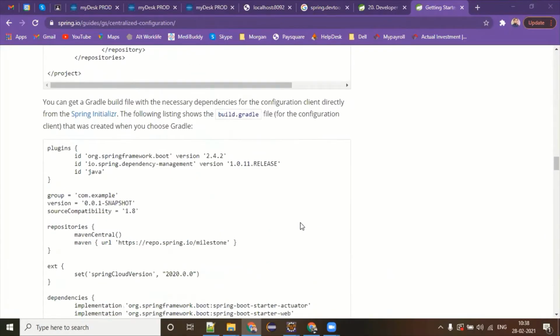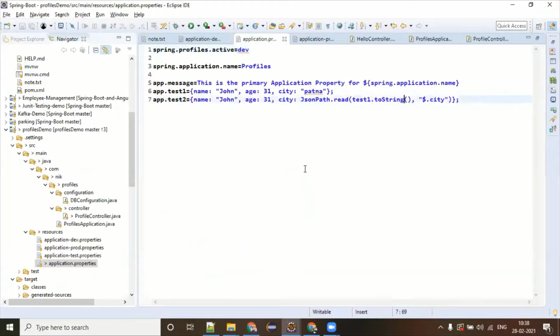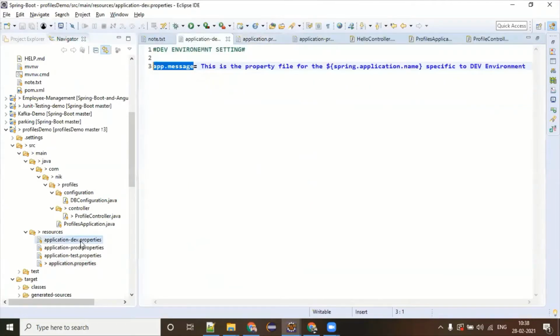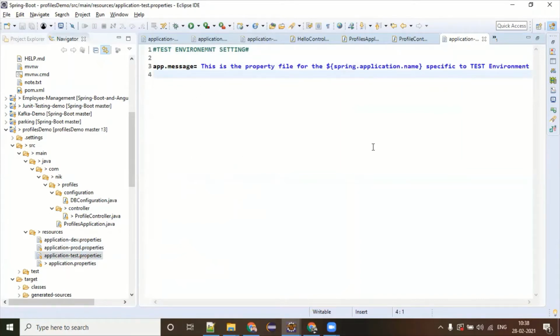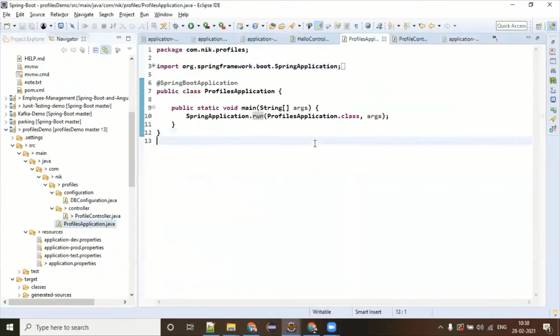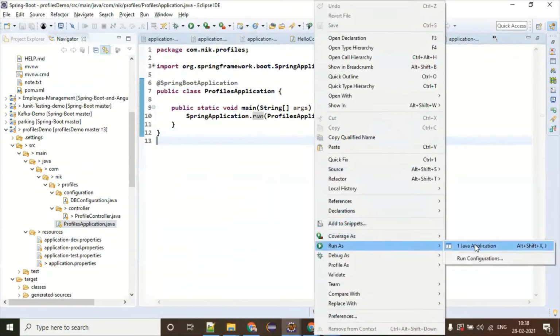Okay. So for the time being, right now, you want the configuration to be environment specific. For example, let's say it's dev, production, or test. You might have a set of databases also, so database configuration can also be put as environment specific. Right now, I'm running the profile application here, and let's see what's happening.